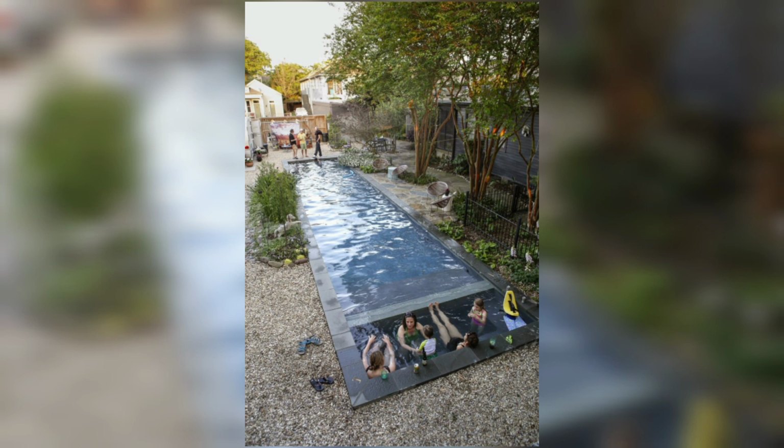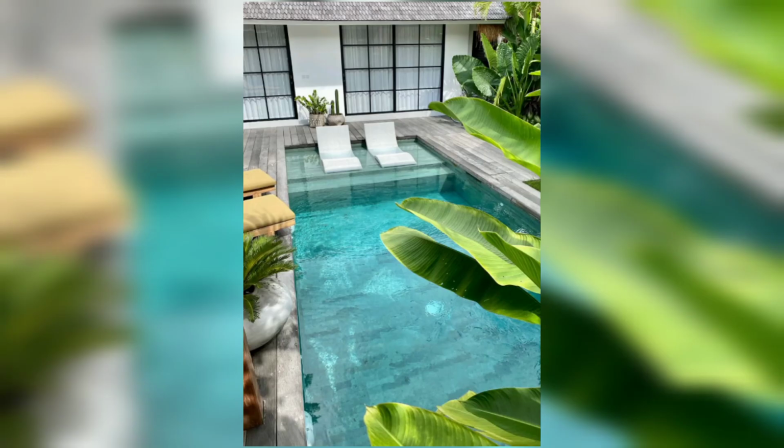If you're looking to add some additional relaxation options around your pool, consider adding a poolside hot tub. This is perfect for colder months or a chilly evening when you want to warm up and soak your